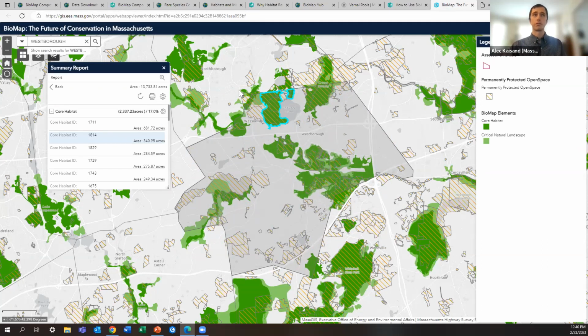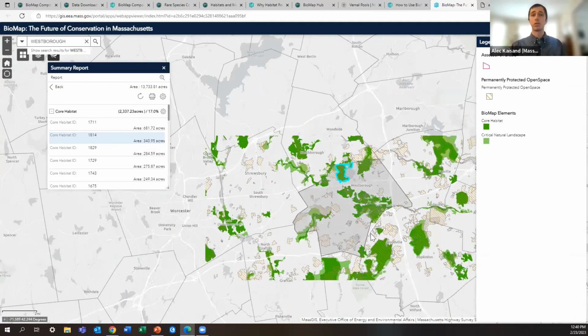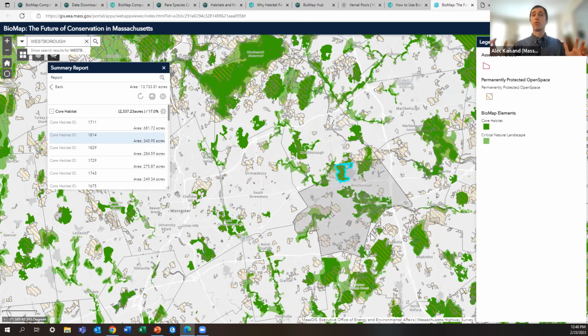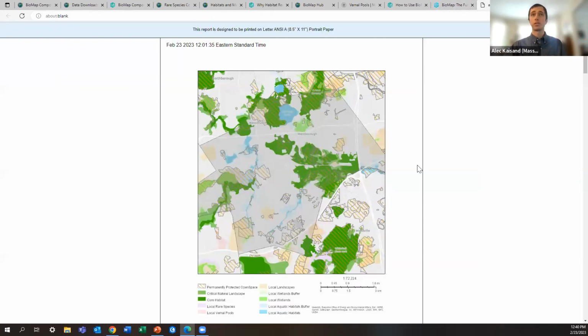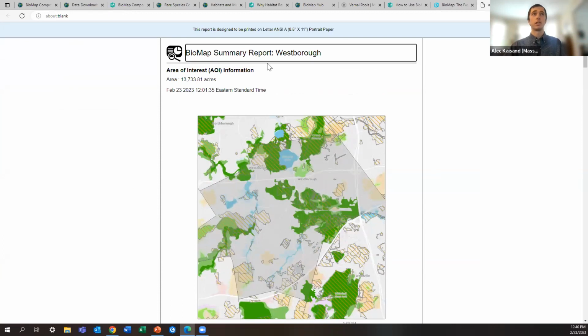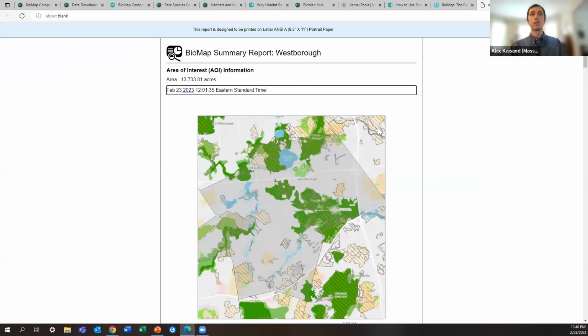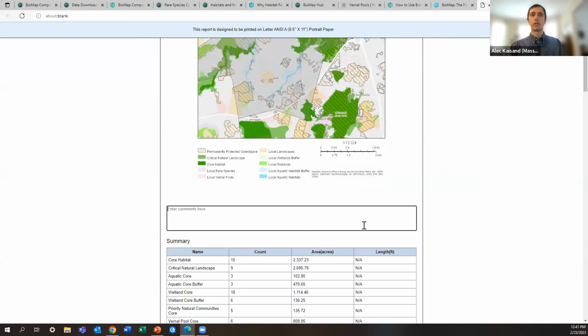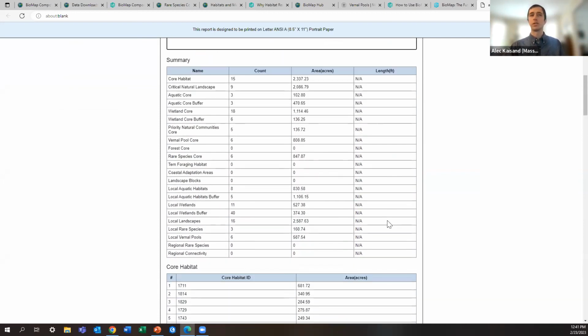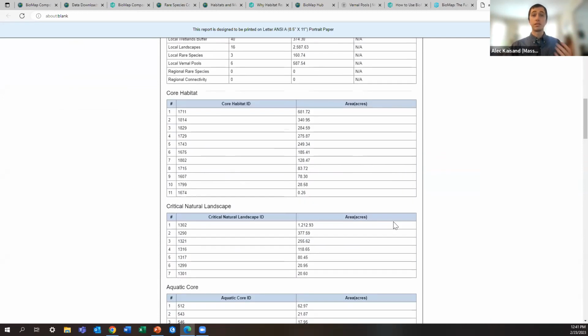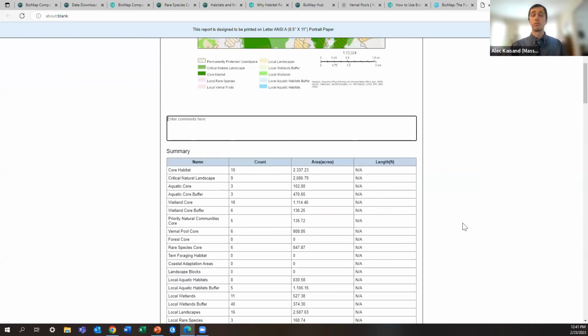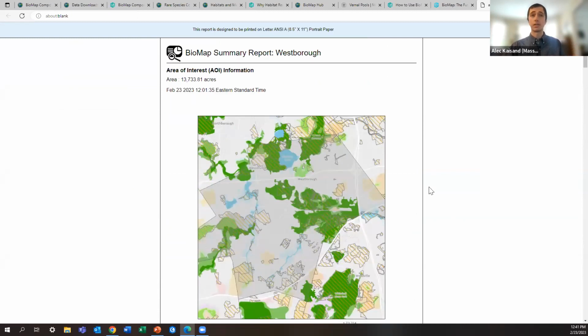So if you want certain layers to be visible, or you don't want them to be visible, or if you want to zoom in or out, or however you want that map to look, make sure it's ready to go before you hit that print button. And once you do, it's going to show you this PDF, and you can change the title of it, date, all this information here. The map will be created for you. You can add some different comments, and it's going to give you some summary statistics about what is found in that area of interest. So these are helpful to add to maybe some reports that you have, or include in additional analyses to just help you understand what information is there in your area of interest.